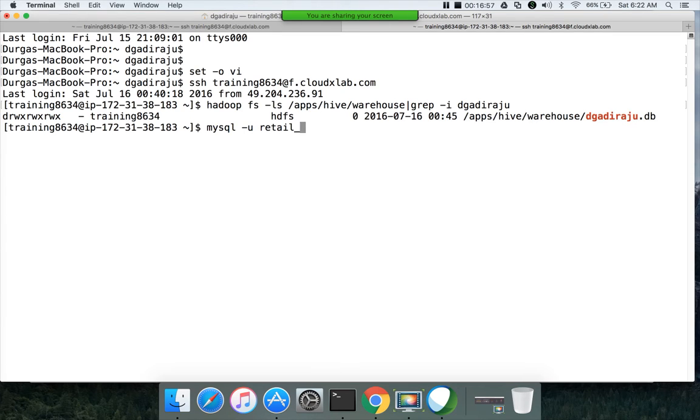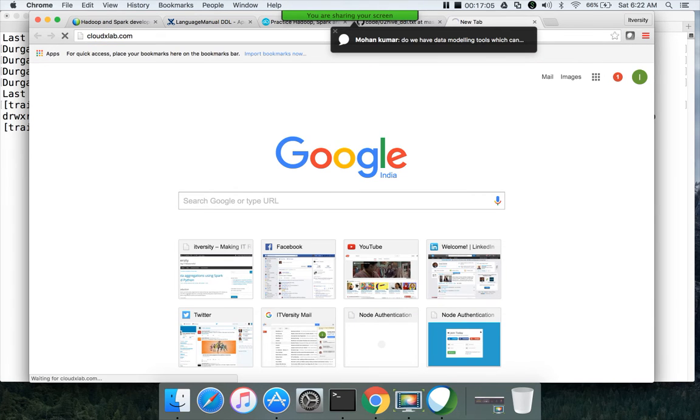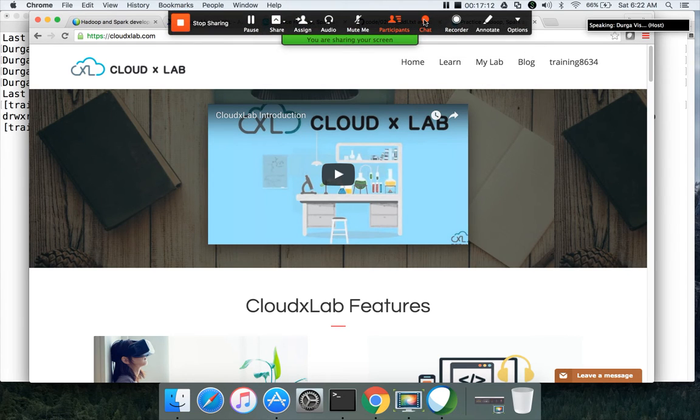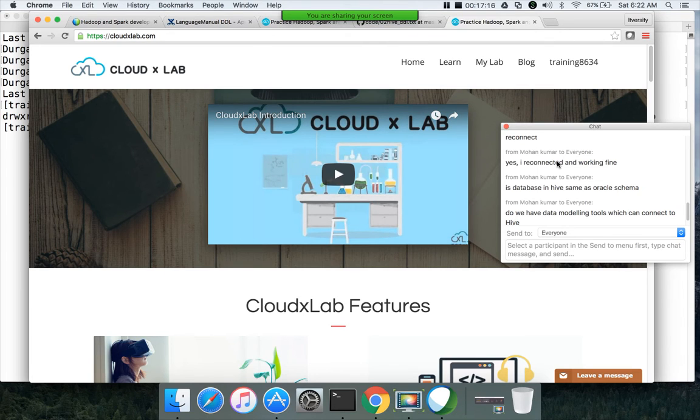Username is retail_DBA, and the host name, we can get from the CloudX lab. You have to come out of this tools attitude, meaning going forward tools are not that relevant. There are no standard data modeling tools, which you typically see in relational databases or even for data warehouses.